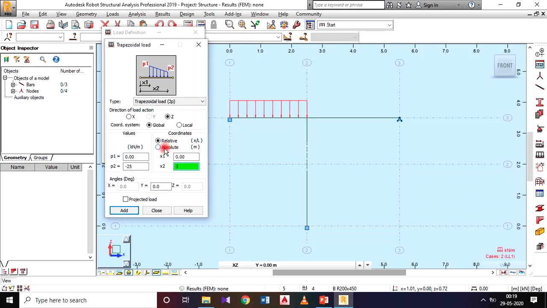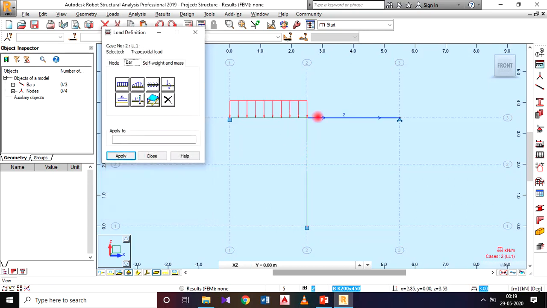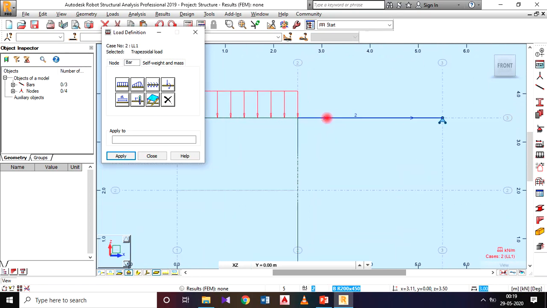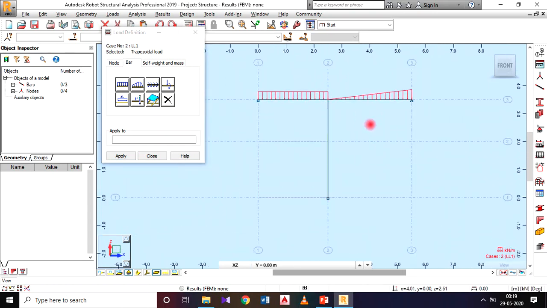Okay, then it should be in absolute and set it for local coordinate system. Absolute means in meters, 0, 0, minus 25, 3. Then add. So place on this with the cursor in this direction only, the rightward direction. So if I click on that beam, it starts from 0 and it varies to 25 kilonewton per meter.